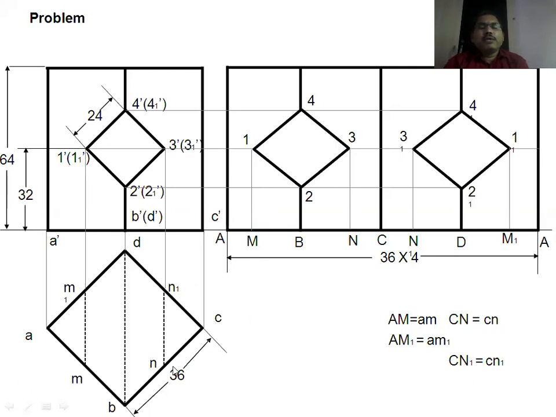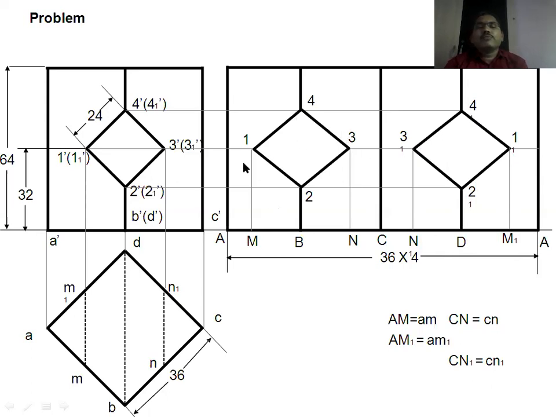So N is from the BN distance. Take it from the top view, mark this BN distance and draw the vertical line. At the intersection of the projection line and a vertical line, you will get point 3. Similarly, this hole is a through and through hole. It is not a blind hole. So these 3 suffix 1 and 1 suffix 1 points are marked accordingly, the N1 point and M1 point. So 2 and 2 suffix 1 and 4 suffix 1 points, these points are marked.